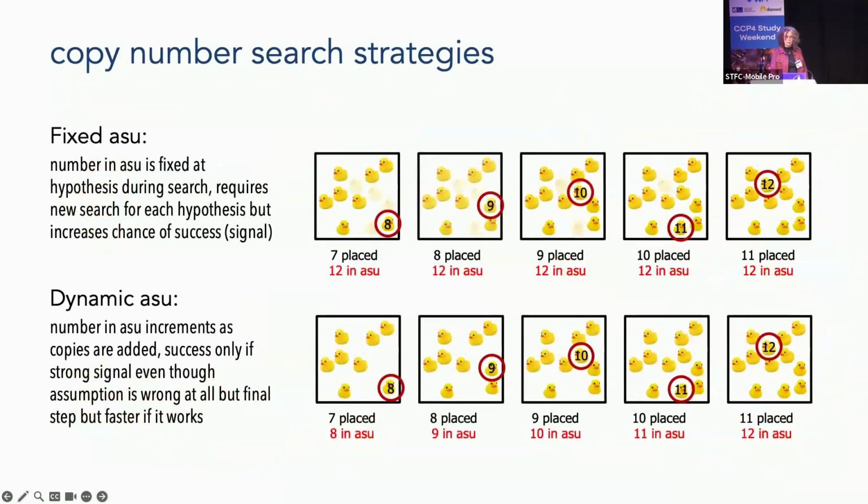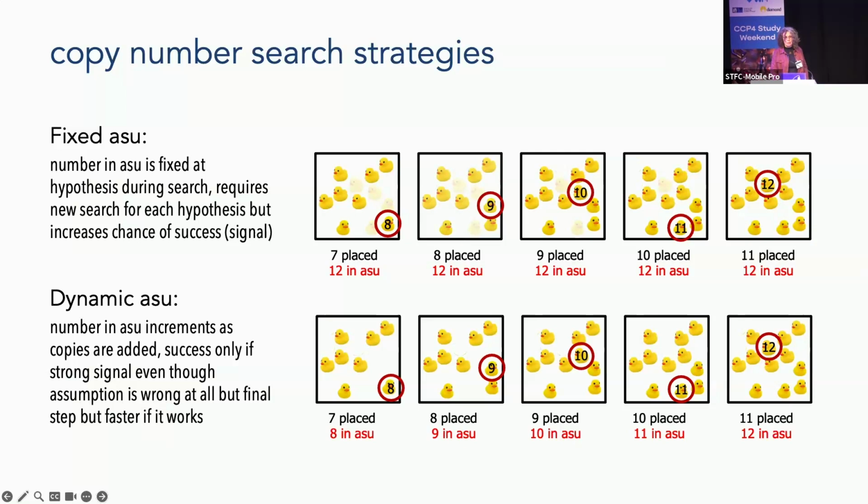So if you have a lot of copies in the asymmetric unit, the most rigorous approach you can take is to take each assumption in turn. So you search for 12, you assume there are 12 in the asymmetric unit, you fix the total scattering as 12, which is an important component in the search, and then you search sequentially for 12, then you change your search to 13, and you search sequentially for 13, and so on, which is very time consuming when you have a lot in the